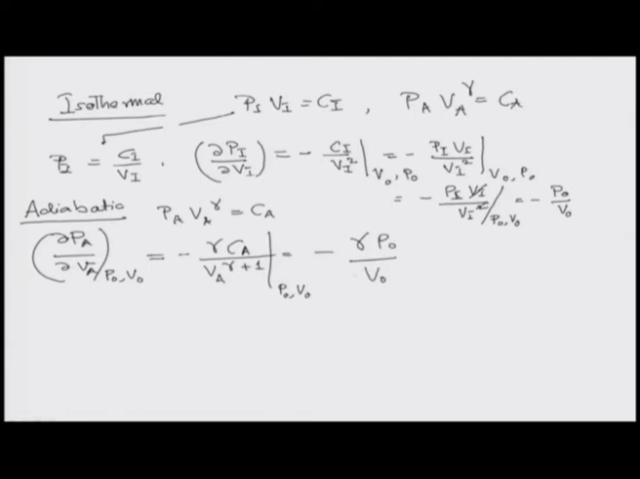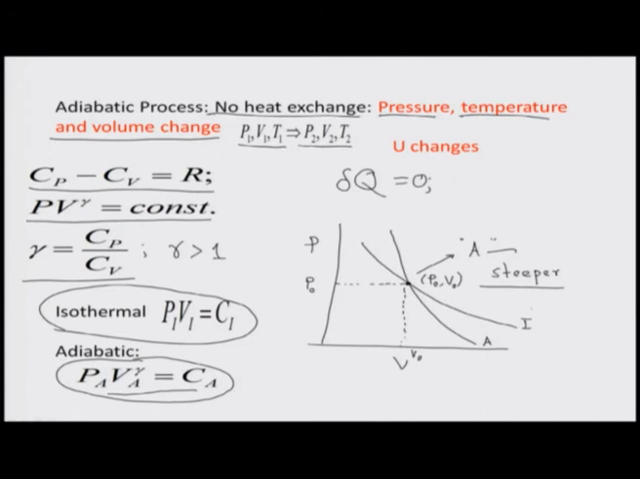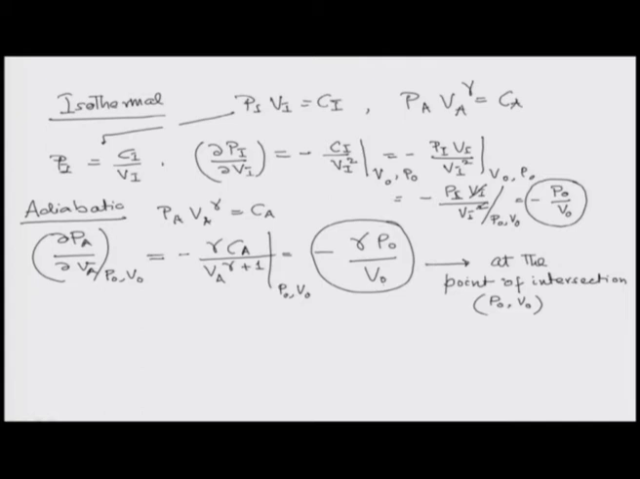So, you compare these two. This is the slope of the isothermal curve. This is the slope of the adiabatic curve, where at the point of intersection, which is designated by the coordinates P naught and V naught. You see, these are two curves. So, whatever is steeper is adiabatic, whatever is not so steep is isothermal. So, the slope of the adiabatic is gamma times, I write it separately, gamma times P naught by V naught, which is nothing but this slope